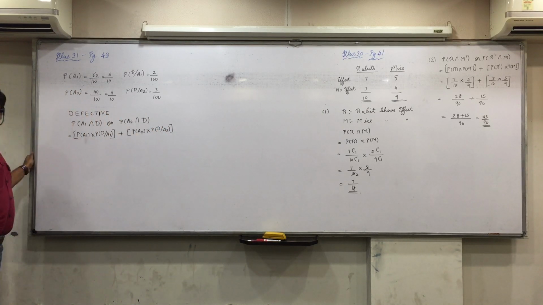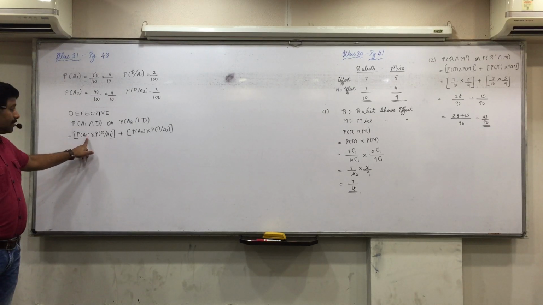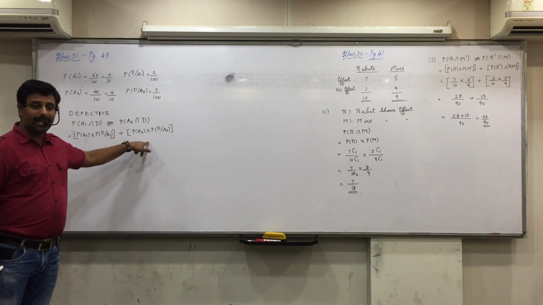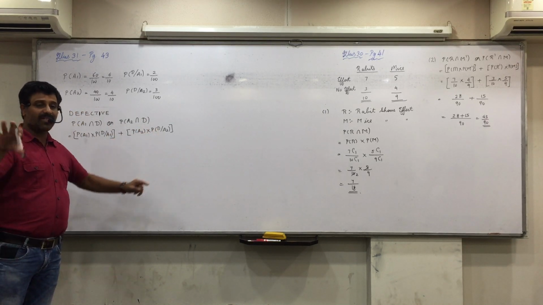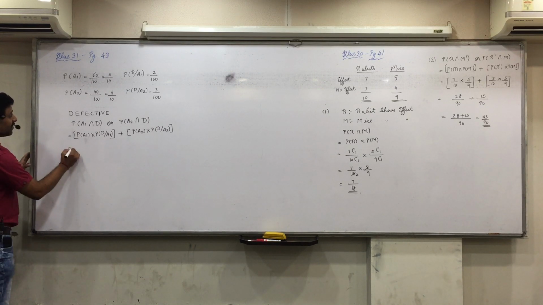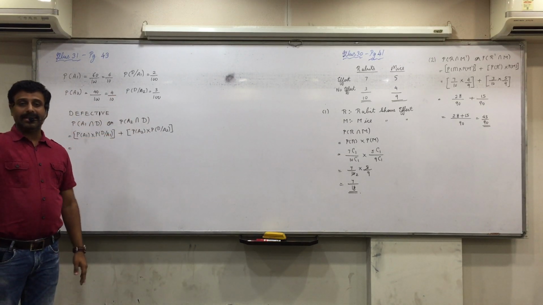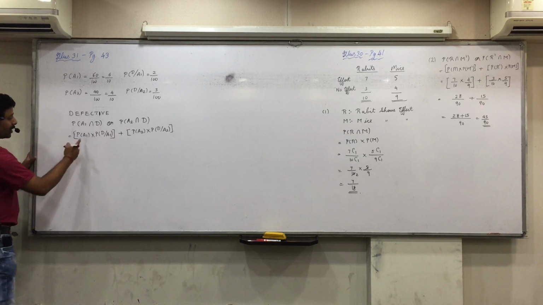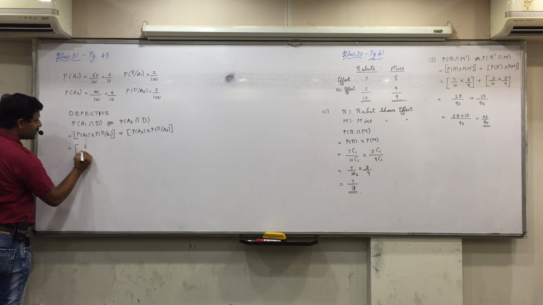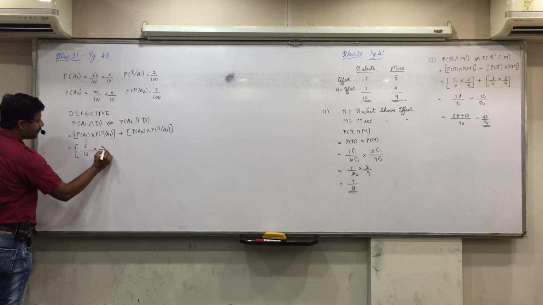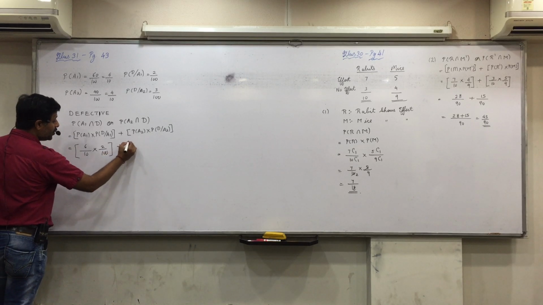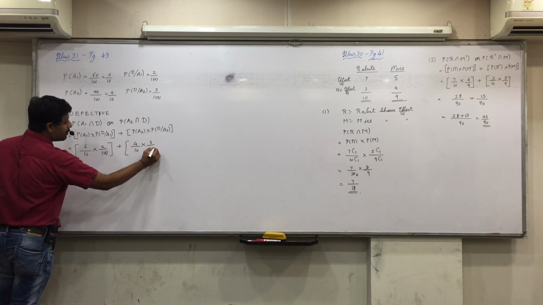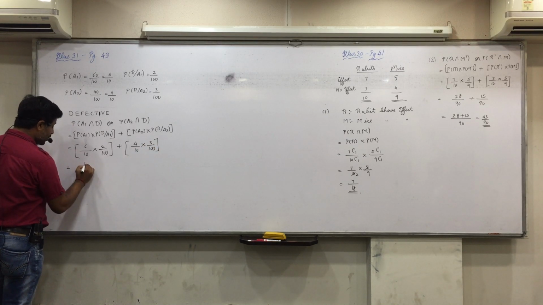Exactly similar to what we did yesterday with that daughters. Joint family 1 and it's a girl given that it's a joint family 1 plus joint family 2 and it's a daughter given that it's joint family 2. Similar to that. But the difference here, probabilities are directly given, and yesterday it was in the form of a table. We have to find the probabilities. That is the only difference. Okay. Now what is P of A1? 6 by 10. D slash A1? 2 by 100. A2? 4 by 10. D slash A2? 3 by 100. So 6 into 2, 12 by 1000.